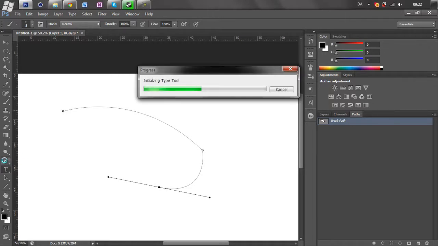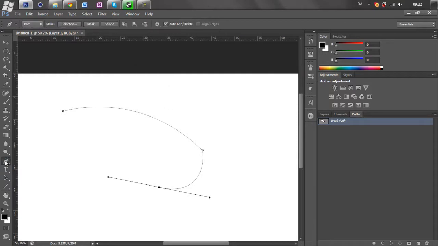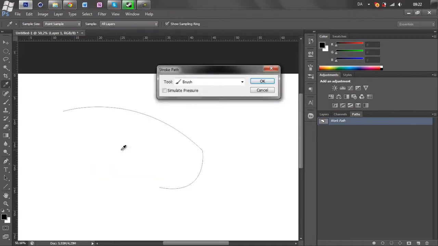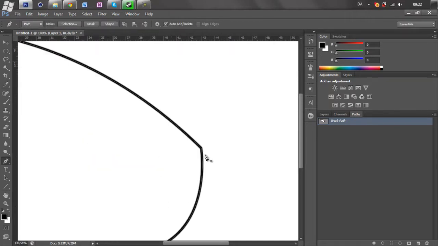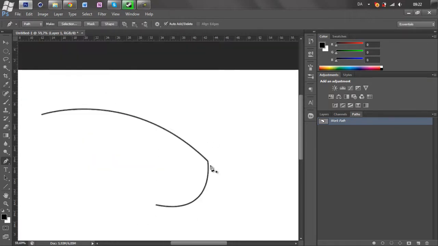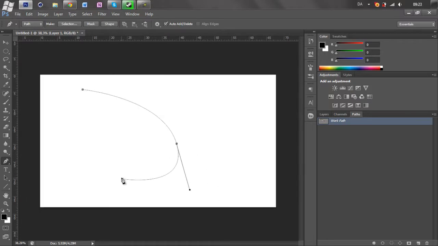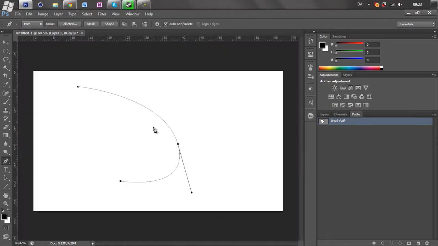Hate when I press that tool. There. Stroke path. Boom. You can see it doesn't look good. So if we do like this, and then wanna continue like this, it looks perfect.